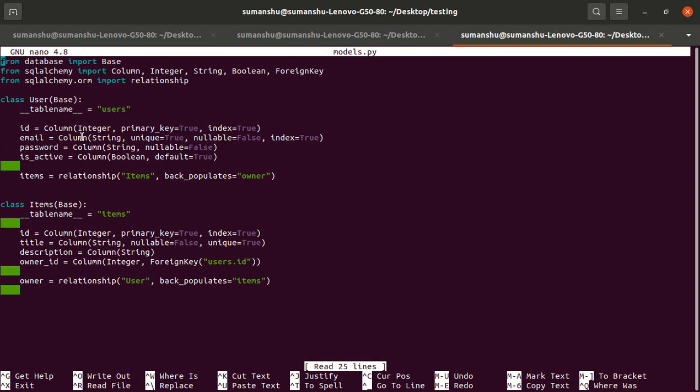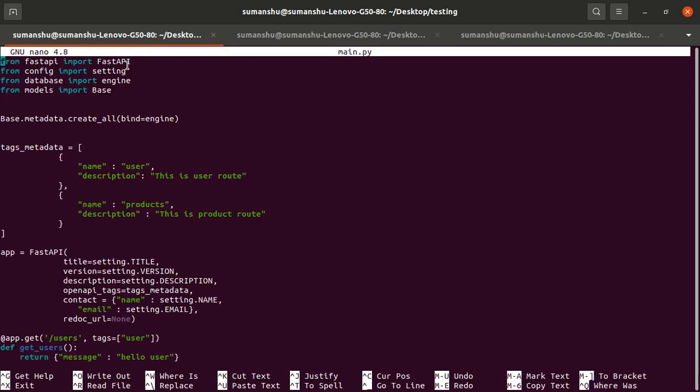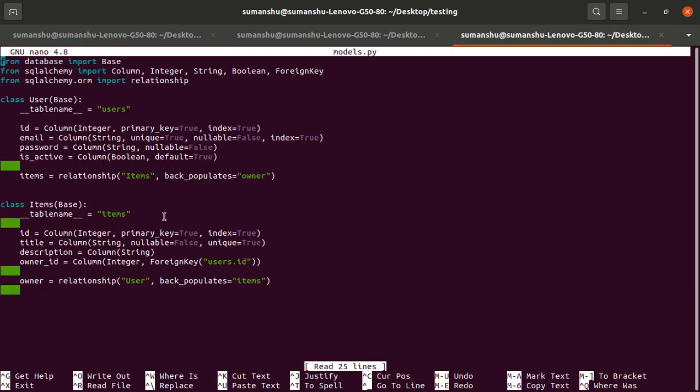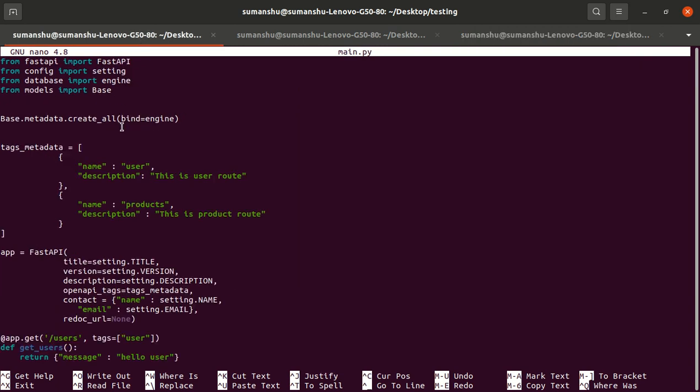But we are using the ORM, so it will automatically read the metadata and generate the query, like a PostgreSQL query. So what is the query? We are using the base class, reading the dot metadata, and issuing the create all command. It will read all this metadata, that is the user table and item table. So it found 2 tables, but under which database should the tables be created?